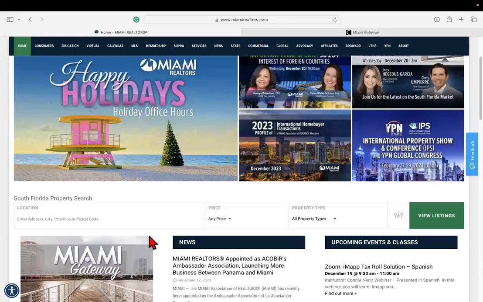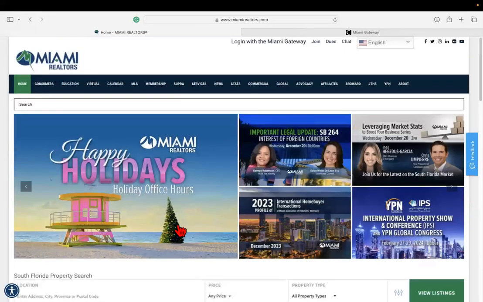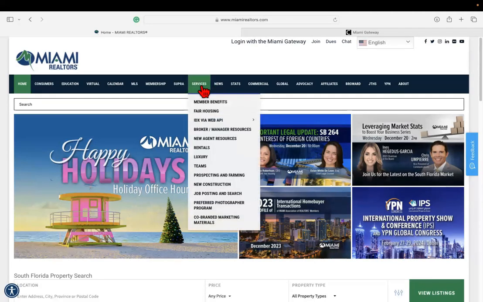Now, before we do that, I want to make sure that I mention, for example, you're working directly with a landlord, and that landlord says, hey, what websites does my rental go to? There's going to be two things that I want to show you. First, I want to show you is our section on the main website, miamirealtors.com. If you hover your mouse over that section, you're going to see a section towards the bottom that says co-branded